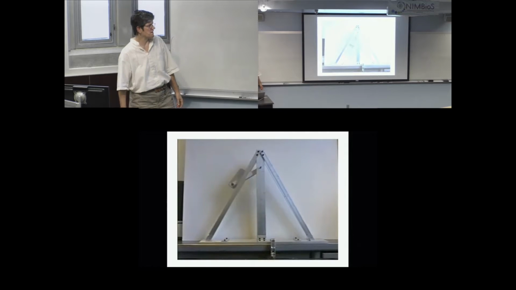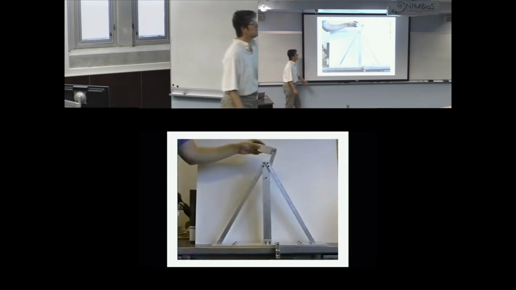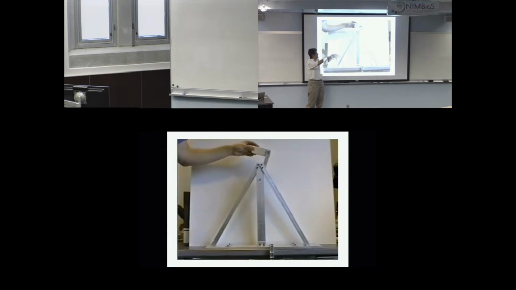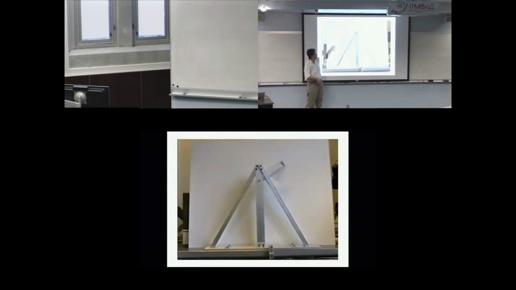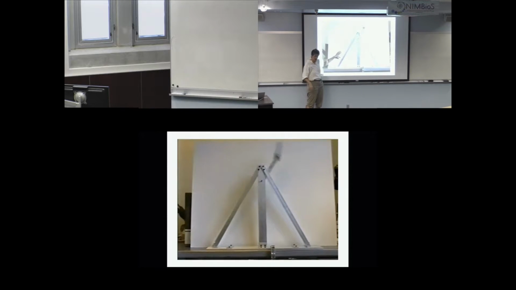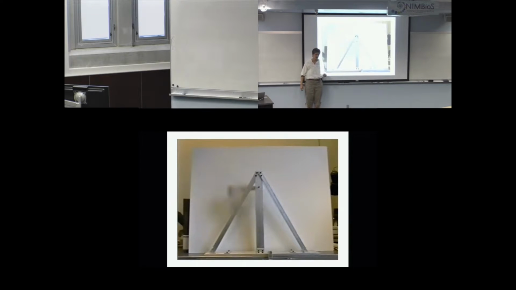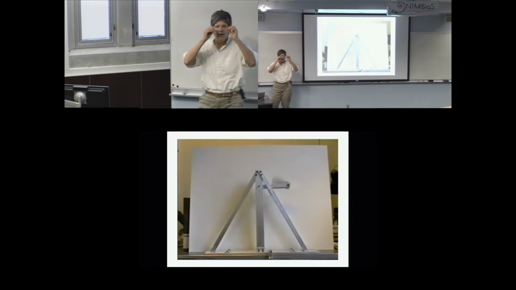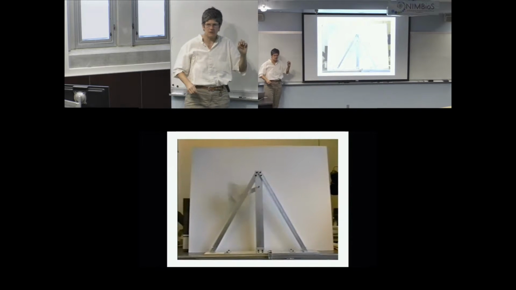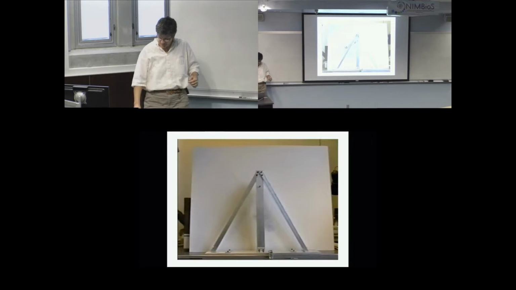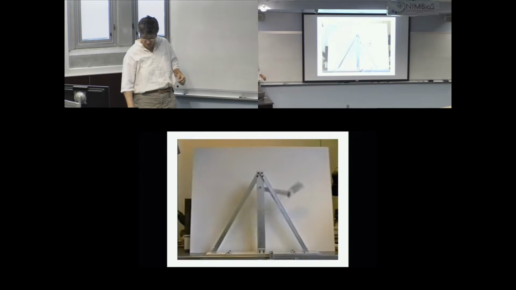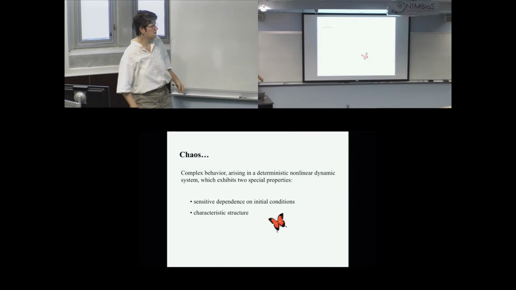And even though the physics is really simple, you know, you could imagine writing F equals ma and mg sine theta and so on and so forth. It's a little nastier than that, but you could do that. And the equations that you would come up with don't have any random variables in them, and they're pretty simple, and yet the behavior is really, really complicated. And if you have the right kind of glasses, you can look at this and see some structure, okay? And I'm going to show you what those glasses look like and what that structure looks like in the next couple of minutes.